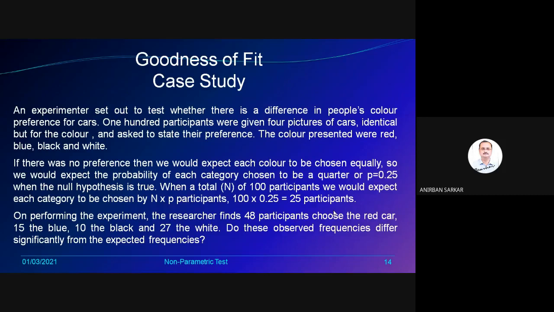Now, actually, when the test was run, the researcher finds that 48 participants out of 100 chose the red color, 15 chose the blue color, 10 chose black and 27 chose white. Now we have to match the observed frequencies with the expected frequencies, and check whether they are statistically different or not, what is the significance. That is the goodness of fit test.